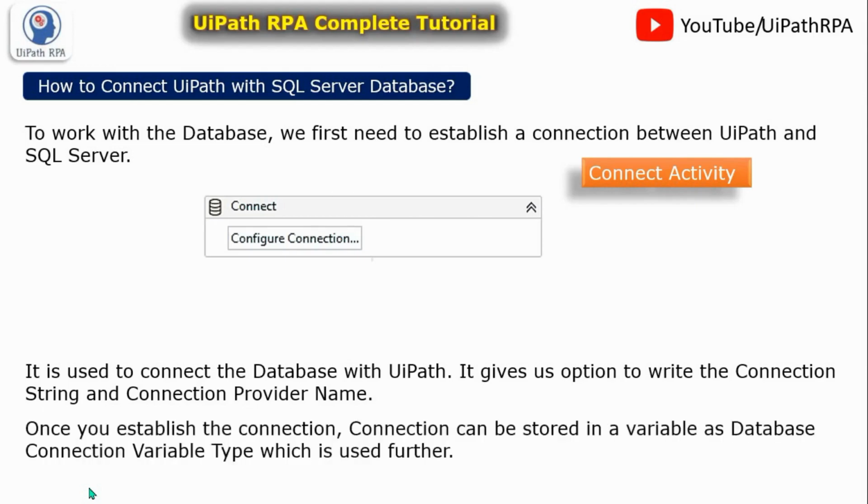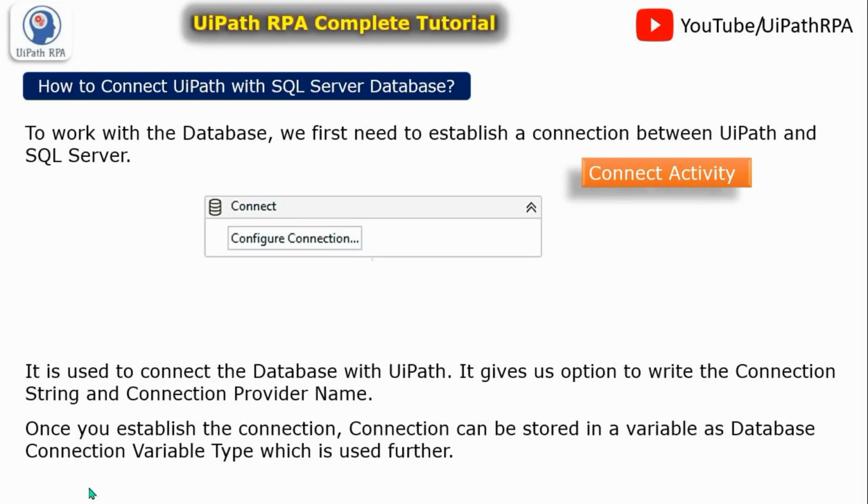I will cover everything, because let's suppose you are going for an interview and that is the question, that's why I'm going to cover everything so that you can learn this from here. Once you establish the connection, it can be stored in a variable of type database connection, which is used further.